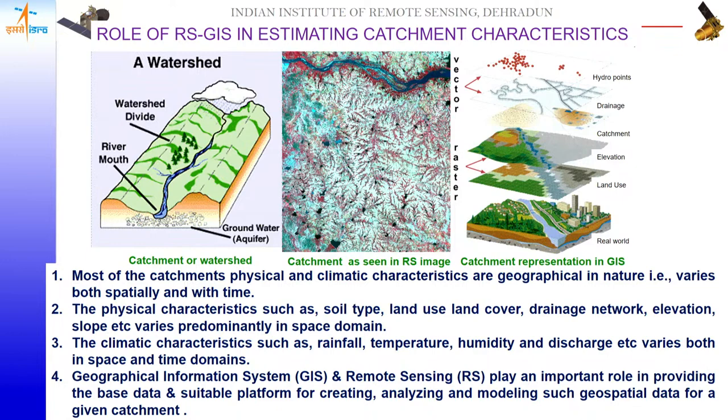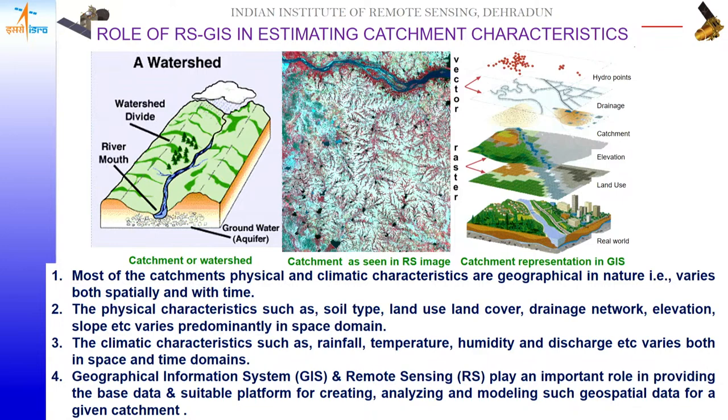So how much water is going to come in the downstream area, and what are the areas going to be inundated? So that is the role of these process based models, by integrating various geospatial data with some mathematical equations